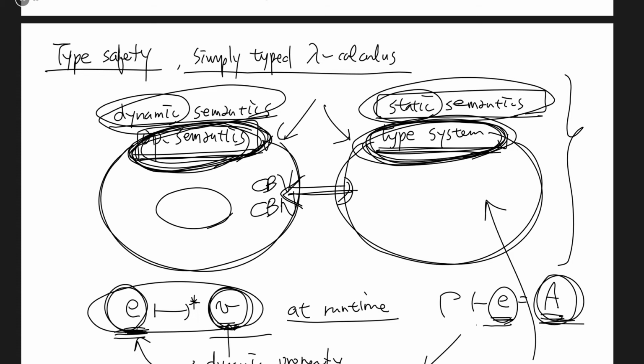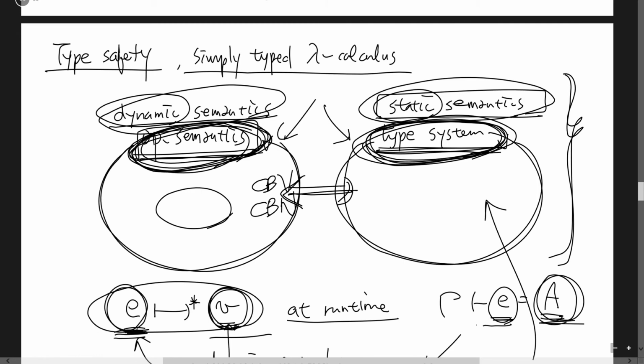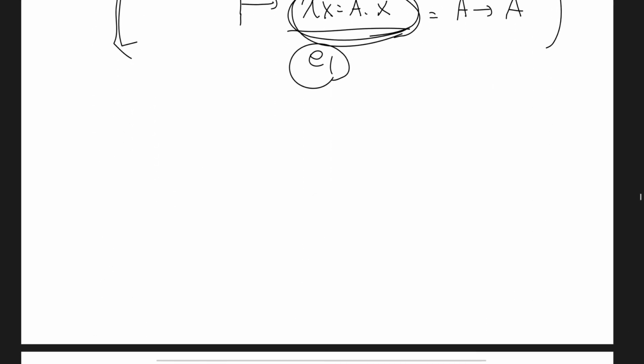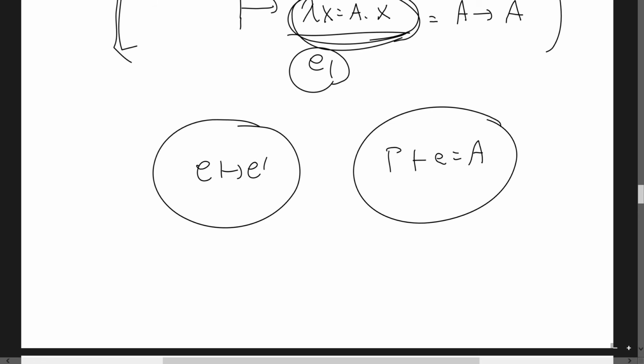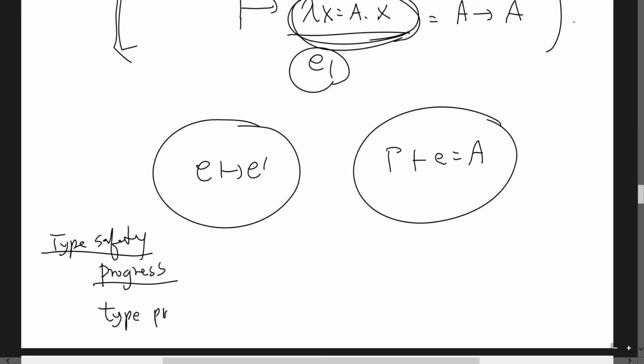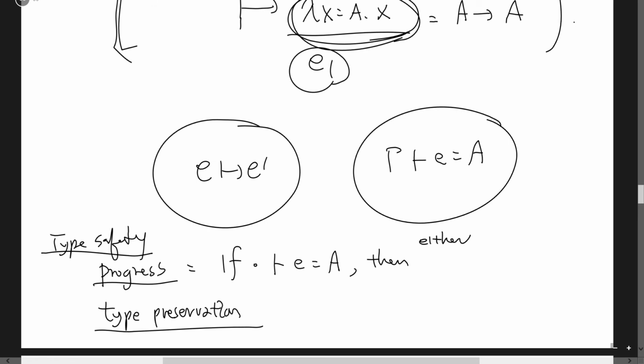Then how do we verify that these two systems are okay? They live in harmony with each other. The way that we verify this is, we have operational semantics with this reduction judgment, and we have this type system with this typing judgment. We prove two properties in type safety. First is progress, and the second is type preservation. This progress property says that if you have an expression that is well typed, then either expression E is already a value,